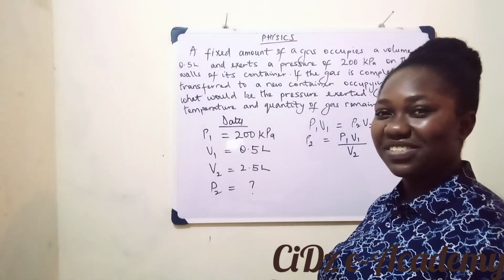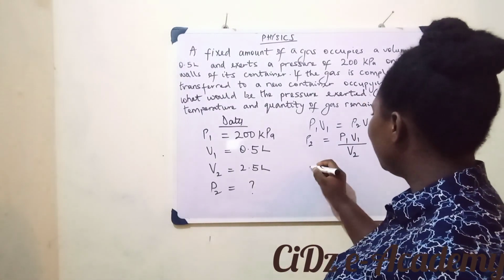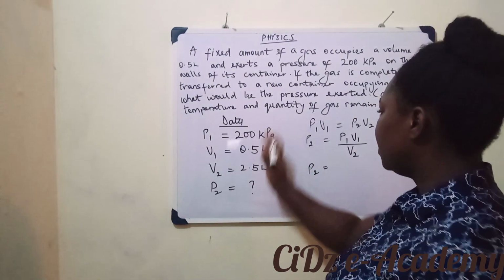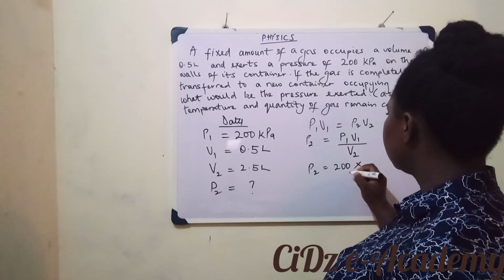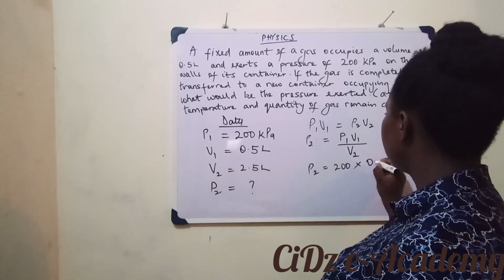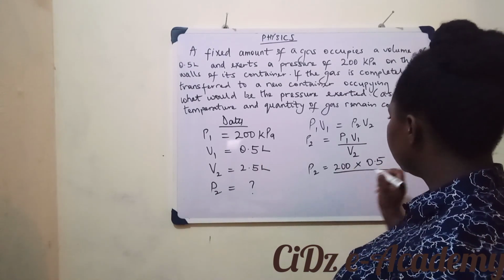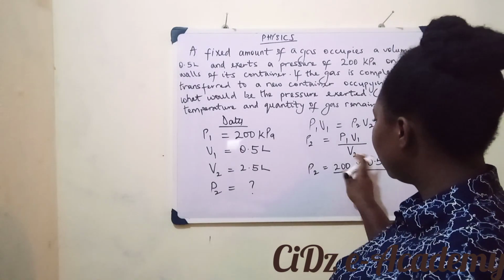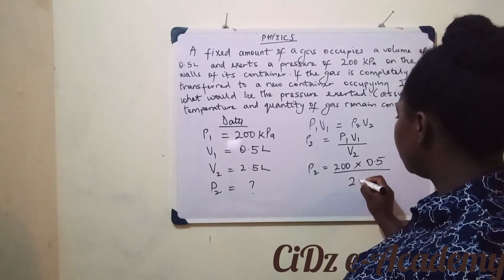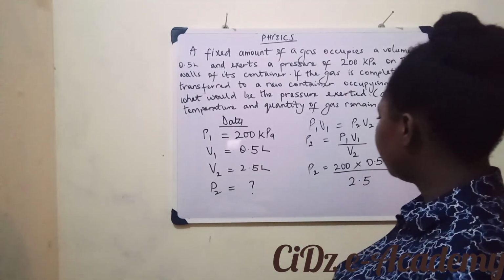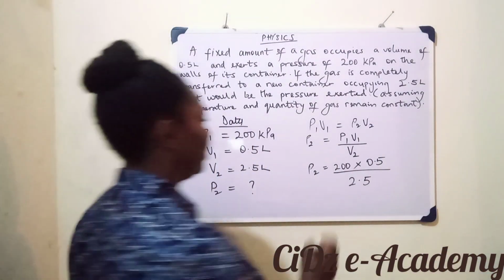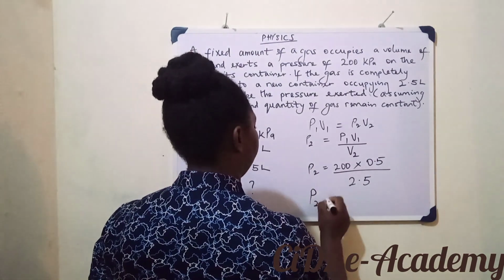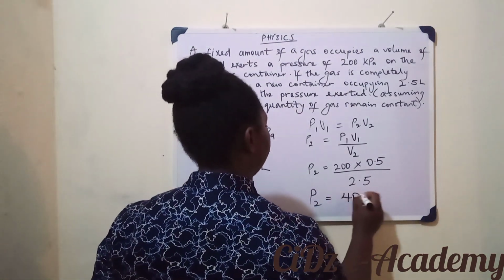We're making progress, I suppose. So P2, from this data, will now become 200 times V1, 0.5, divided by V2, which is 2.5. Now, if you do this calculation, you find out that your P2 is going to be equal to 40